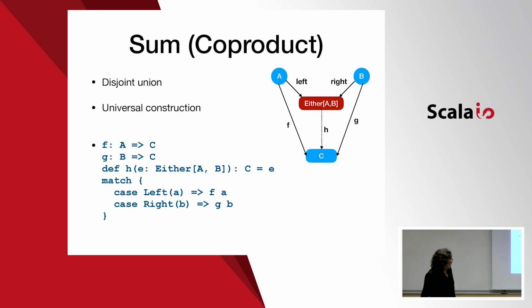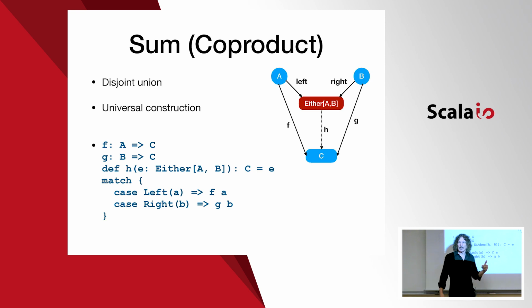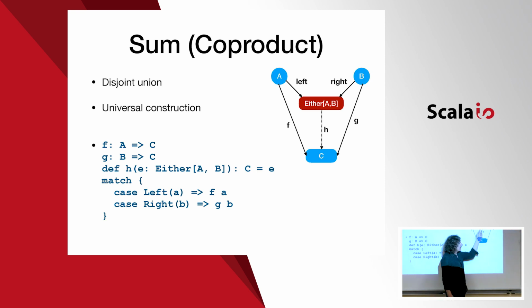And of course, there's a dual to it, a sum type. Okay, now you will understand why these things are called sum types. They are also called a coproduct. In category theory, they are called a coproduct because they are dual to a product. And it's just the same picture, but I turned it upside down and reversed all the arrows. Okay? So a sum type, an example is Either A B. That's like the